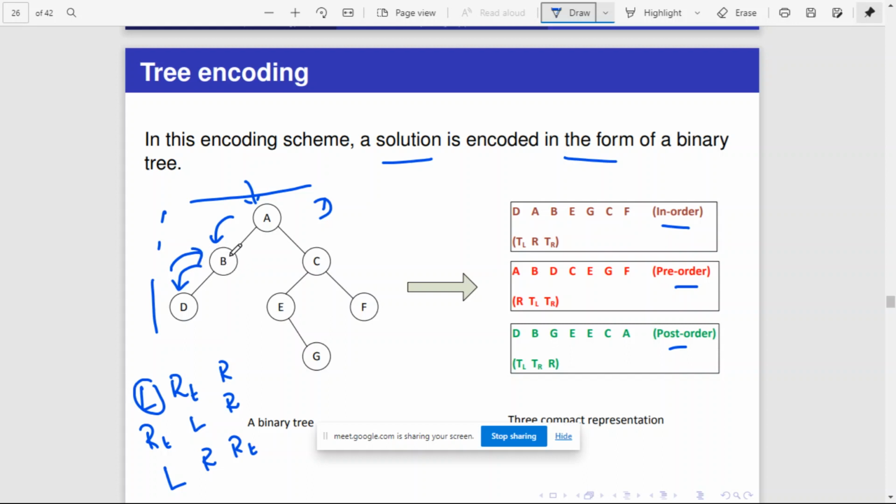It need not be the root of the entire tree. Is it a root of some subtree? Yes, it has the subtree D. So B, then visit it. Then go to the right, but it does not have any right child, so we cannot go anywhere here. Now go back. Now go to A. This is the left part, so it means you have already visited A's left. So now you can visit the root.